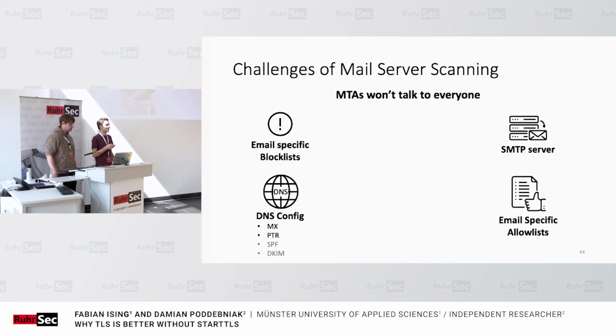Then we realized MTAs still won't talk to us because they expect you to be an MTA as well. So you have to run an SMTP server on your scanning IP address. Then you need to publish appropriate DNS records like an MX record and a pointer record, and SPF and DKIM records help if you are new to email sending, which a mail scanner server usually is, because we will not be sending any emails over the server. So people would want you to have these records as well. And finally, we were made aware of an email-specific allow list that might have helped in getting the mail server over the threshold of being accepted by other servers as well. But that is pretty hard to measure, really.